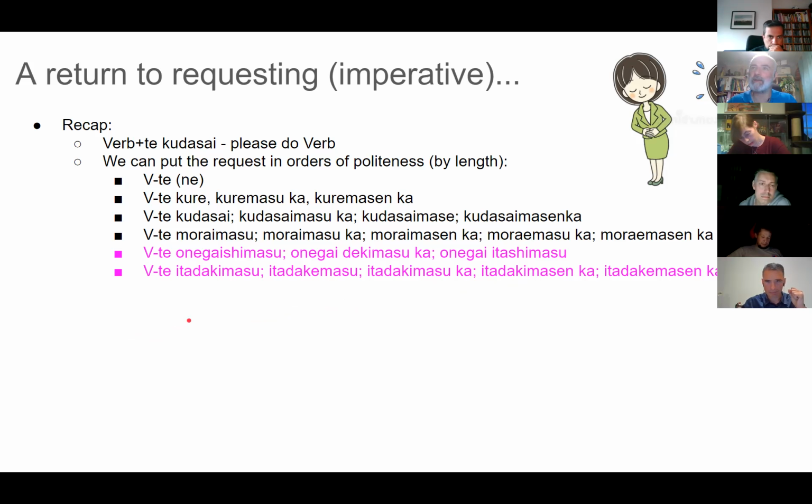If you're writing an email or a letter. I have a question about that. Actually with Kendo, I used to use onegai shimasu a lot against sensei for asking for keiko. Yeah, but just the word onegai shimasu, right? Yeah. Or keiko onegai shimasu. So this is okay, but putting a verb in the te form with onegai shimasu or itadakimasu is so uber formal. Okay, because you would be asking them to do something for you rather than just asking for something. Yeah. Or to receive something. It's just that it's so formal.